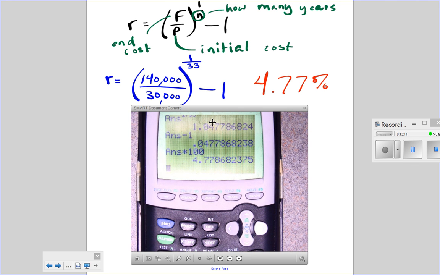Now, if you buy a car, it's going to be the opposite. It goes the other way. The second you take it off the lot,